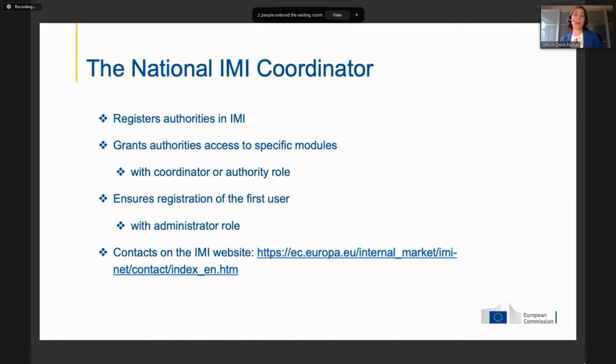Again, we have put on the slide the IMI website, because under the contact tabs, there is the list of the national IMI coordinators. So I understand that, of course, today it's not only the competent authorities who are in the audience, but other organizations, representations of member states and of the sector. So please note that these contact details are there for the competent authorities. And most probably a national IMI coordinator will not be able to deal with a question put by a road operator in Europe. If we move to the next slide,